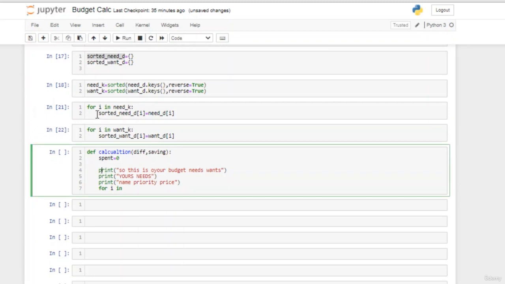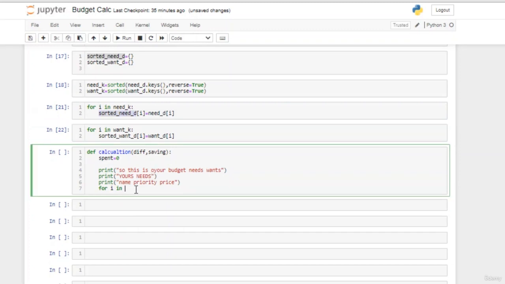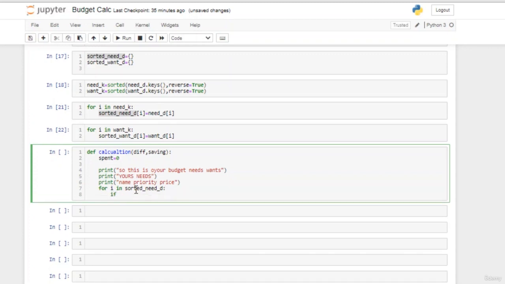Now what happens is we'll be sorting need_d, as needs are the ones which are important to the person. So now, what happens here is, for i in sorted needs we will be deducting the amount each time. So let us keep an if condition: if minus sorted_need